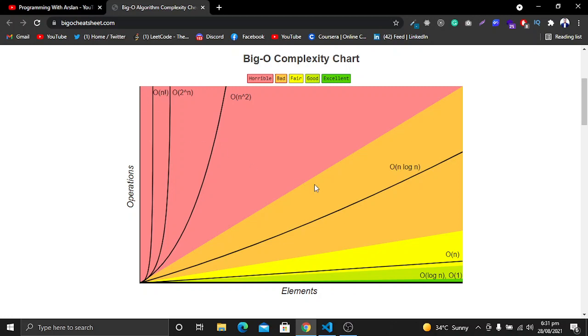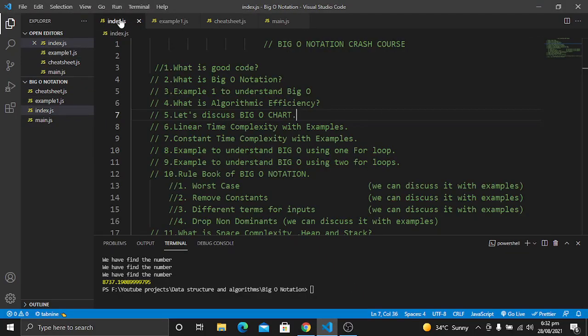So we have understood what Big O notation is, and we have seen the chart of different terms. We will discuss it in a later part, and we will also do a lot of examples, because with the help of examples you will clearly understand how to calculate them, and which will be good and which will be bad. So let's move to the next step.